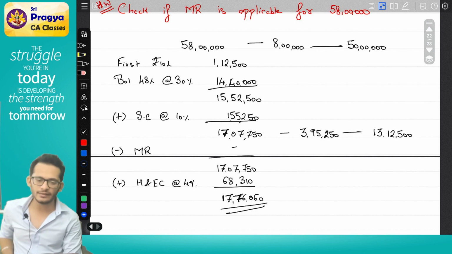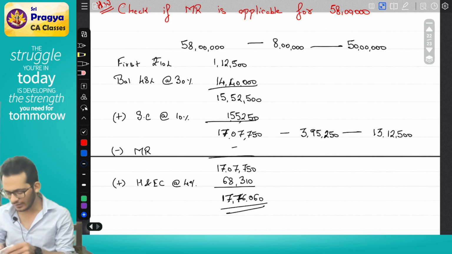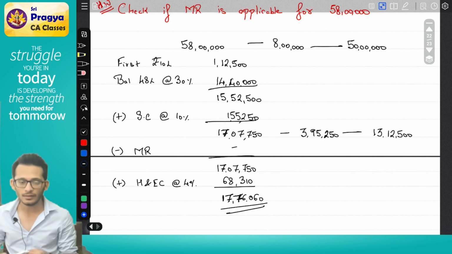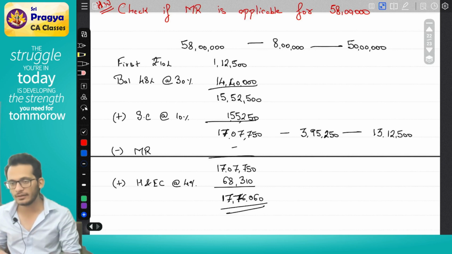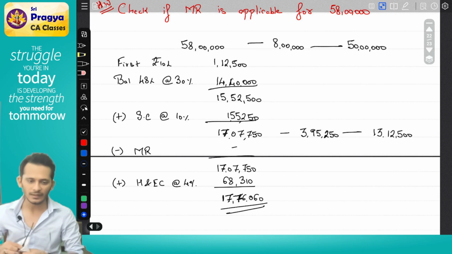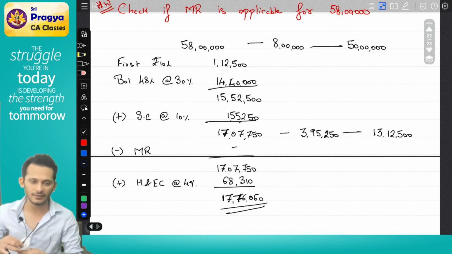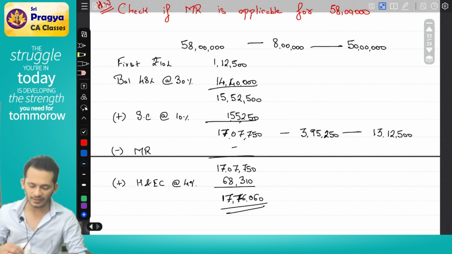Now, the one thing to be kept in mind, both in the rebate scenario and the surcharge scenario, is the cess. The cess should always be computed after you are done with your rebate, the surcharge and marginal relief. Cess will not come before marginal relief, cess will come after marginal relief, which means if you technically notice the above question,